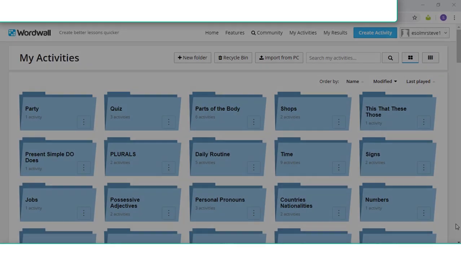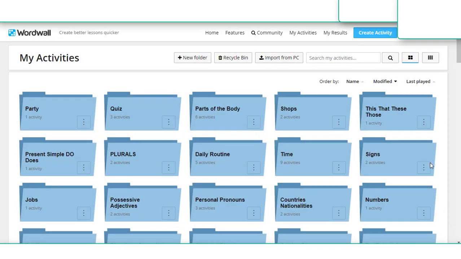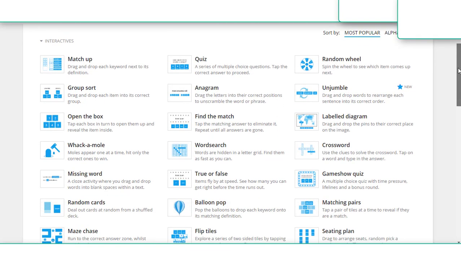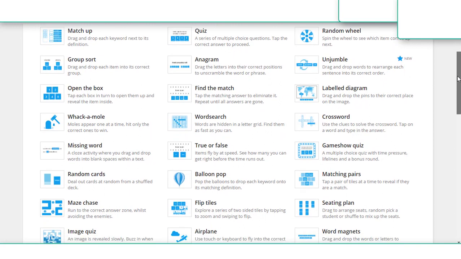Just going to show you another video with Wordwall. So sign into your account and then on the tab button click the blue highlighted create an activity. It brings up all the activities you can create: matchup, quiz, random wheel, group sort, anagram. I'm going to just show you seating plan. So click on seating plan,